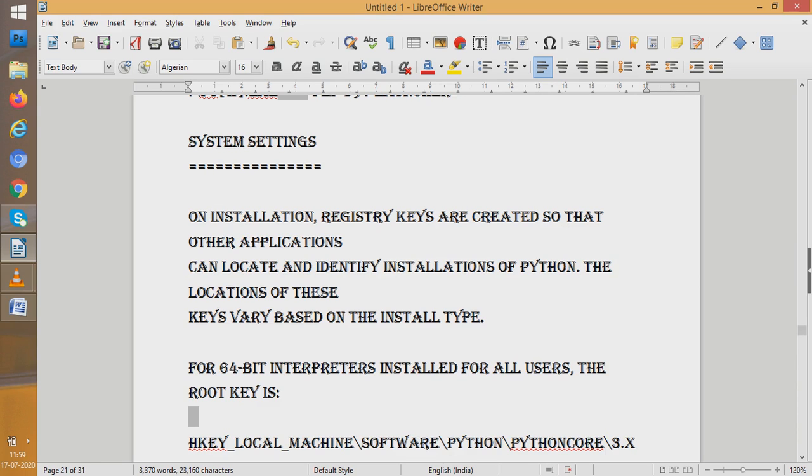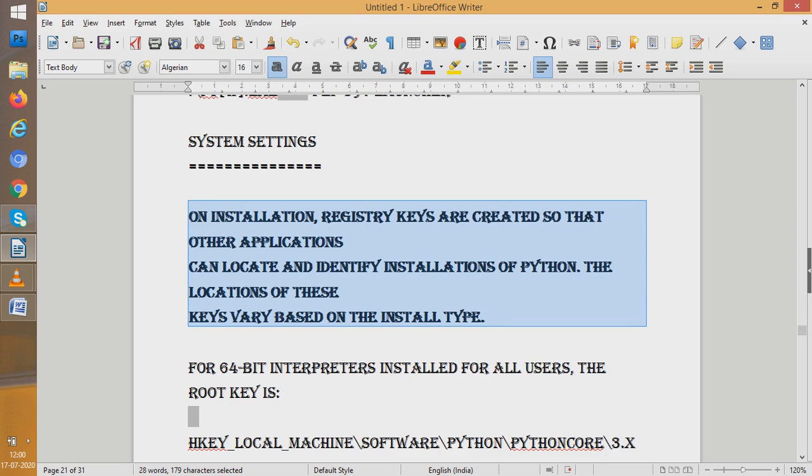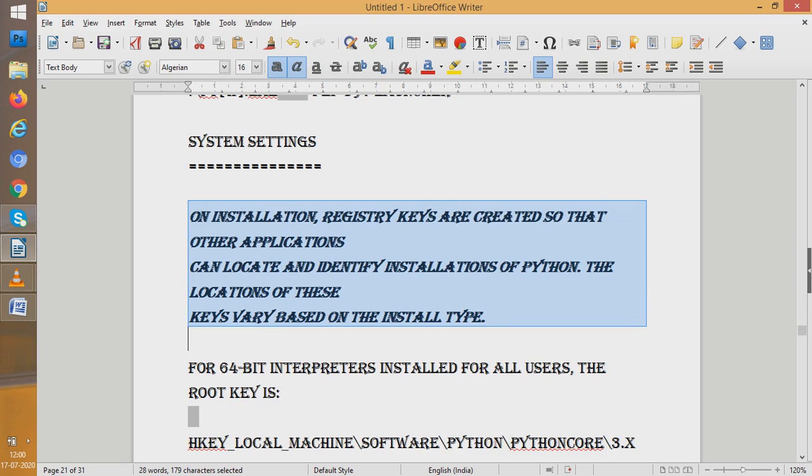Suppose I want to make the text of this much part only bold, so I will make it bold. I can make it italics also, Control plus I, it becomes italic, Control plus U, it becomes underline. See, this is bold, this is italic, this is underline. I used keyboard shortcuts. You can go for the formatting toolbar also.